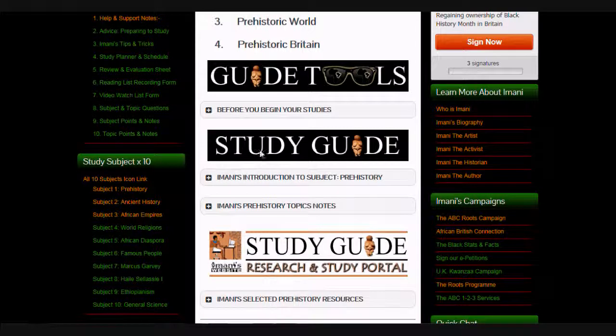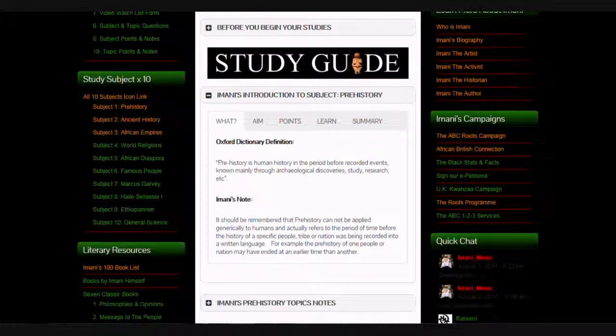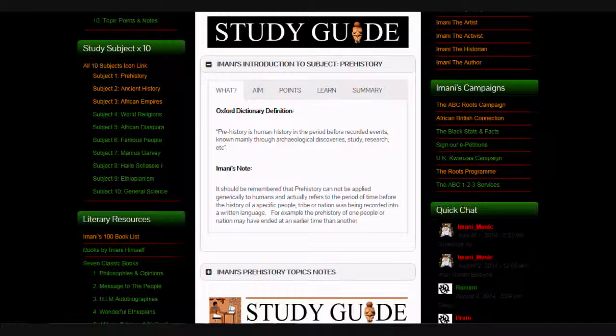Then we have the study guide. This image here represents the study guide, so that means now we are ready to go into the study material, and this is where I am able to provide my own interpretation of the body of facts that I have been able to acquire through my research and put them into a perspective, and you will see how that is done through this